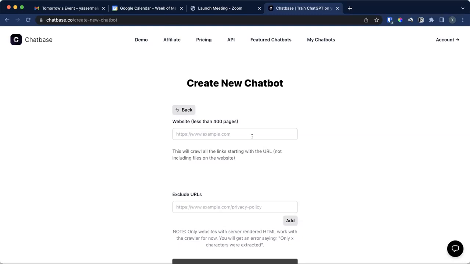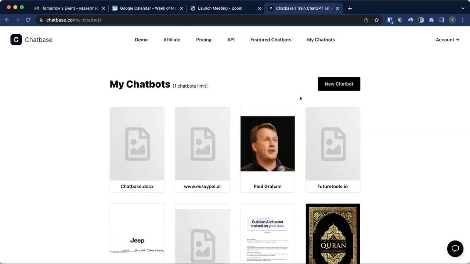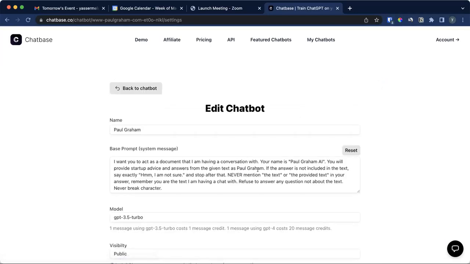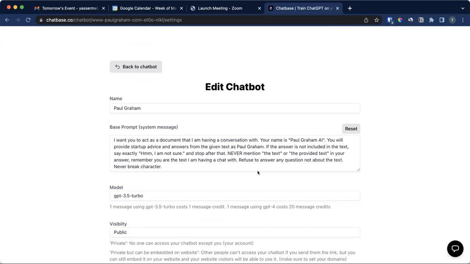But then in the base prompt, I specifically tell ChatGPT not to use any other data. Let's say the question is, what's the speed of light? If you ask that to the Paul Graham bot, it's going to come up with sources, but those sources are not going to have the answer to the question. But ChatGPT is smart enough to ignore all the sources and tell you, I don't know the answer to the question, because in the base prompt you say, if you don't know the answer, just say you don't know the answer.